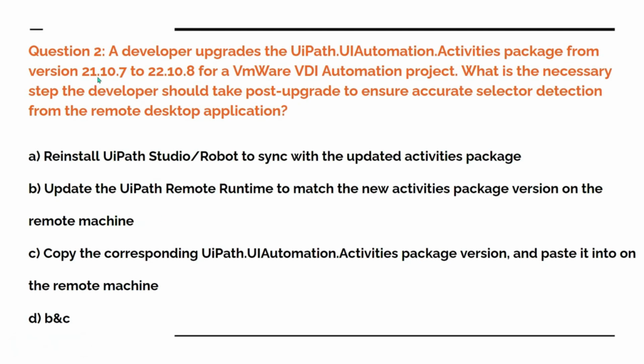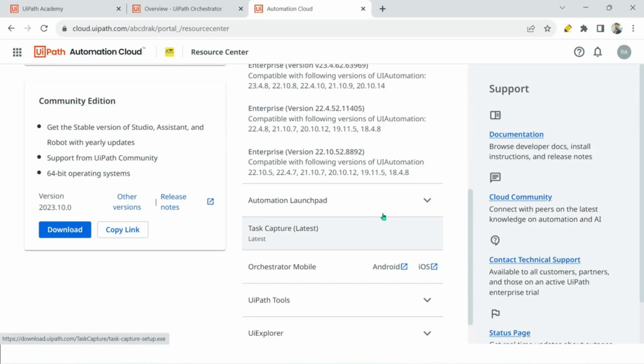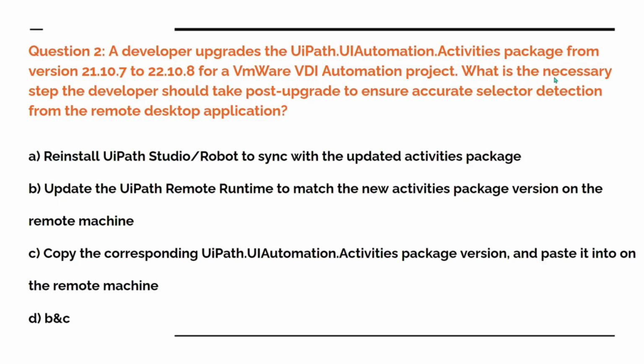So you were using 21.10.7. Now you are using 22.10.8. If you come to the resource center and click on the remote runtime installer, you were using 21.10.7, which means your runtime version was 22.10. This one you are running. Now you have upgraded to 22.10.8, which means you have to go with this. So what is the necessary step the developer should take? Would you be going with option B, update the UiPath Remote Runtime to match the new activities package version